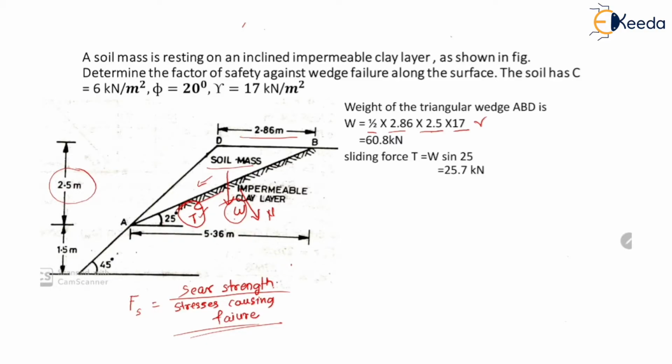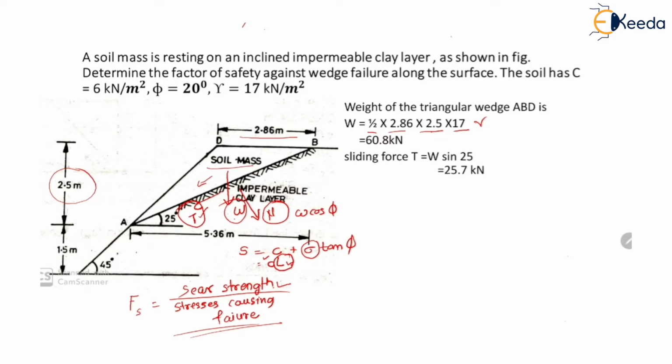Now we will determine the shear strength of the soil. So we know the formula for shear strength. It is S equal to C plus sigma tan phi. Here we can write C as small c into L, where c is the cohesion per unit length and capital L is the length of the slope or failure surface, plus sigma. In this case the normal force is the normal component of weight, which is equal to W cos phi, into tan phi. So first we will determine the value of L.